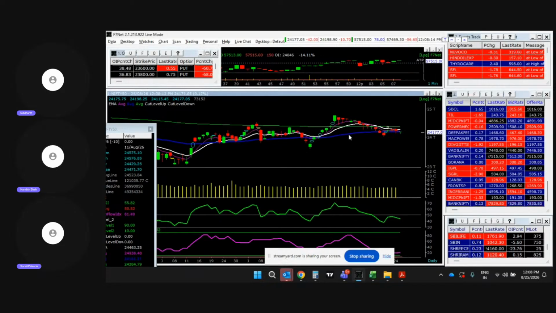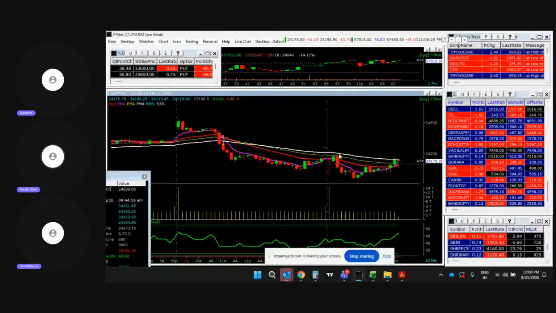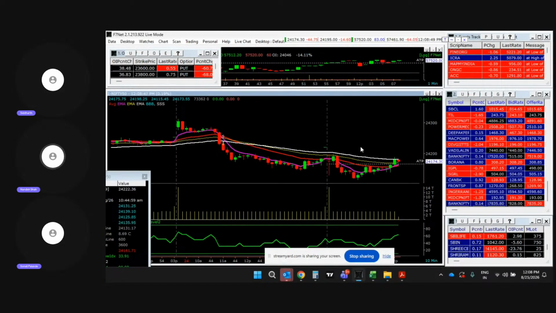Now, intraday, after opening flat, Nifty fell sharply. It made a low of around 24,115. In the options also, we have seen put trading at 24,100. So Nifty almost took support around 24,100. So the strong base has been forming around 24,100, as it is supported by the put trading in option data. So for today, 24,100 is a very strong support, and intraday resistance is placed around 24,200 to 230.